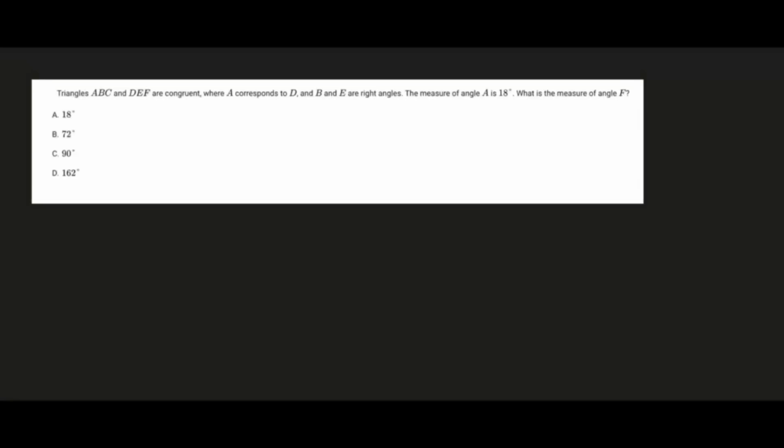Triangles ABC and DEF are congruent, where A corresponds to D, and B and E are right angles. The measure of angle A is 18 degrees, whereas the measure of angle F